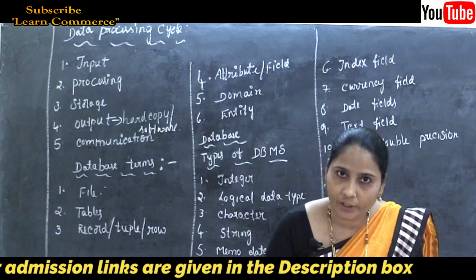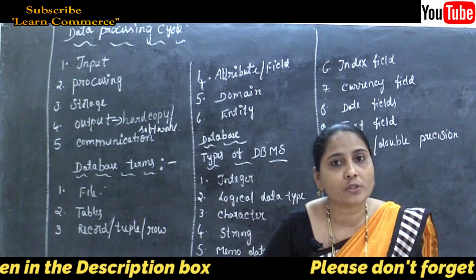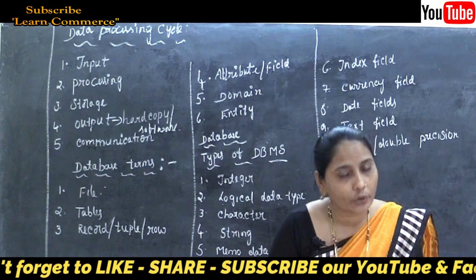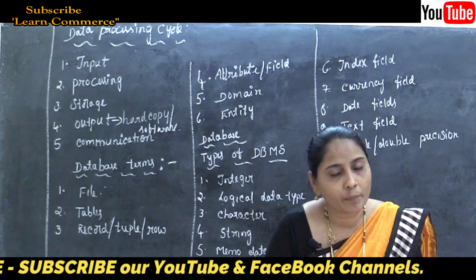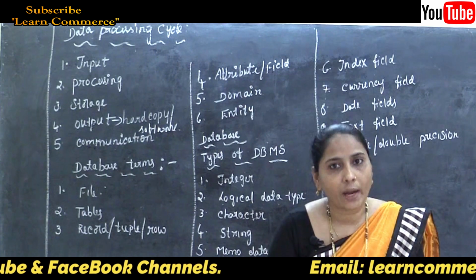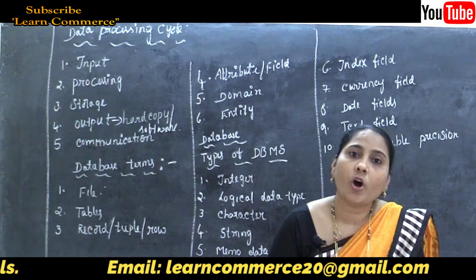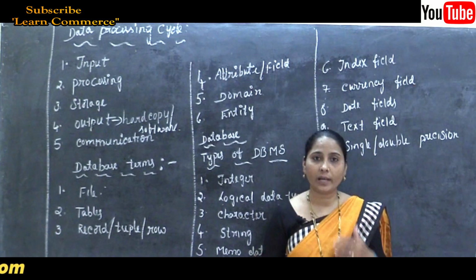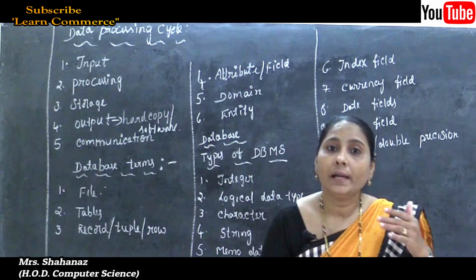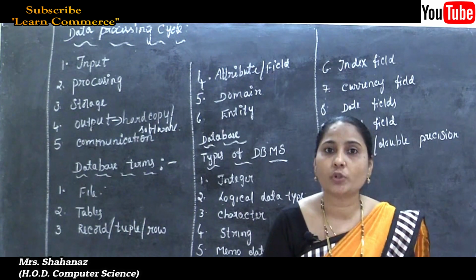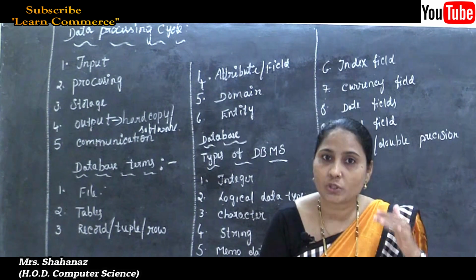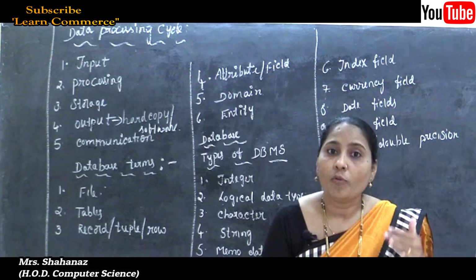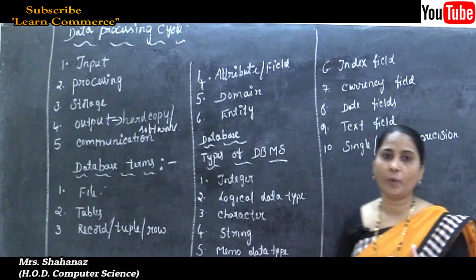It is a unit of storage. Why are we using a file? Because to store some data. So it is a basic unit of storage in a computer system, or in simple words, a file is a large collection of related data. That means here we are going to collect the related data of the database, and such data is going to be stored by using the basic unit that is called the file. So this is the meaning of our file.